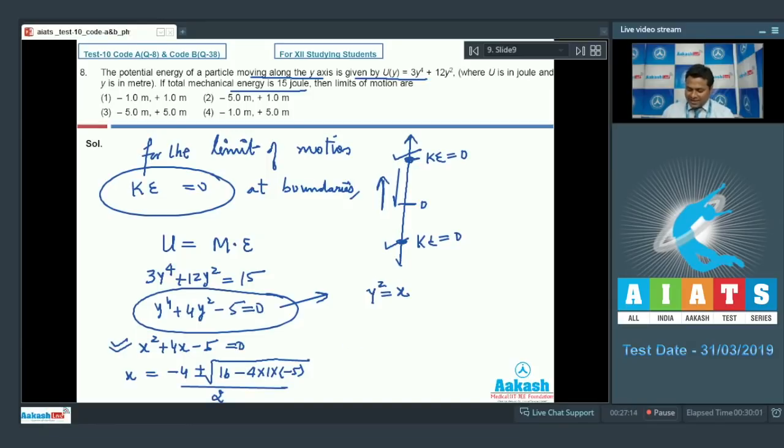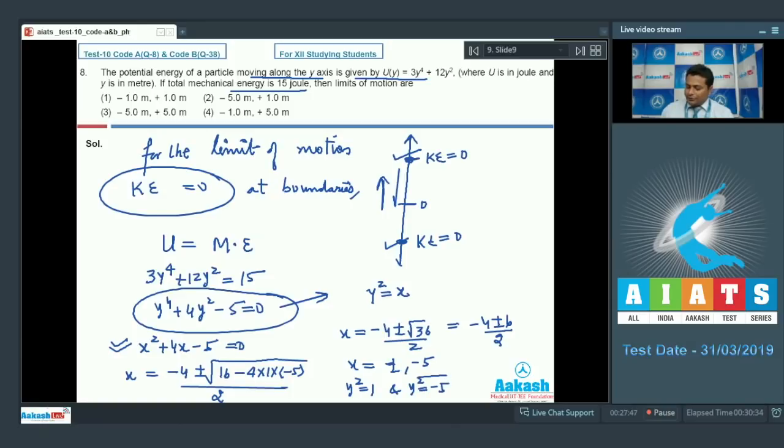Now this simplifies as x equals minus 4 plus minus under root 36 divided by 2, which equals minus 4 plus minus 6 divided by 2. So we got the value of x equals 1 and minus 5. Therefore, we got the value of y square as 1 and